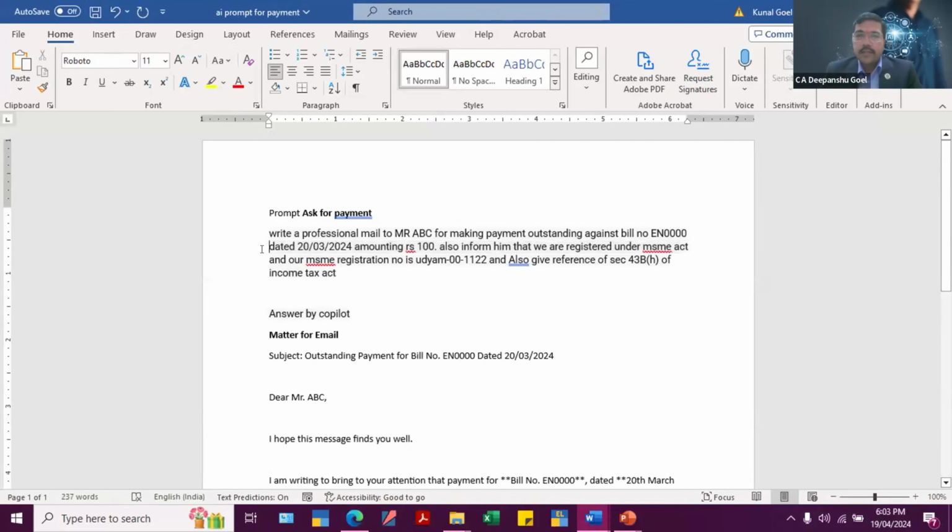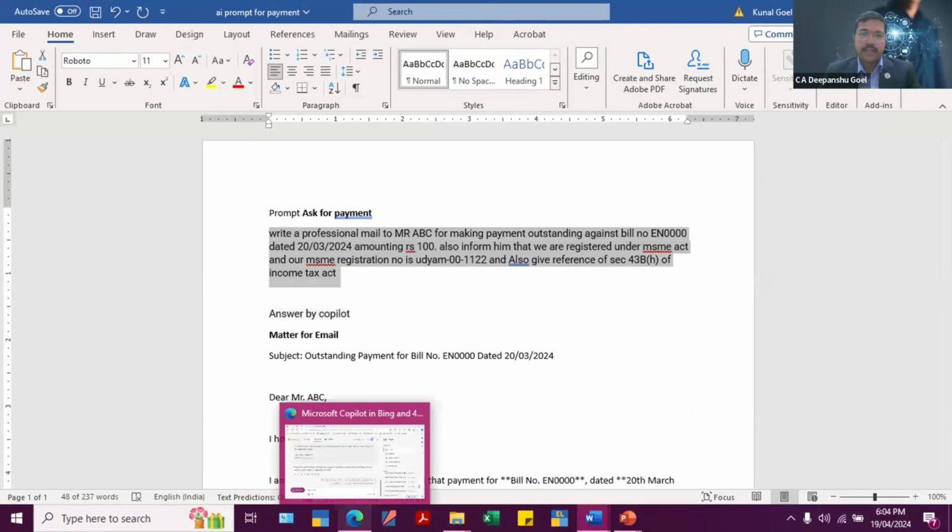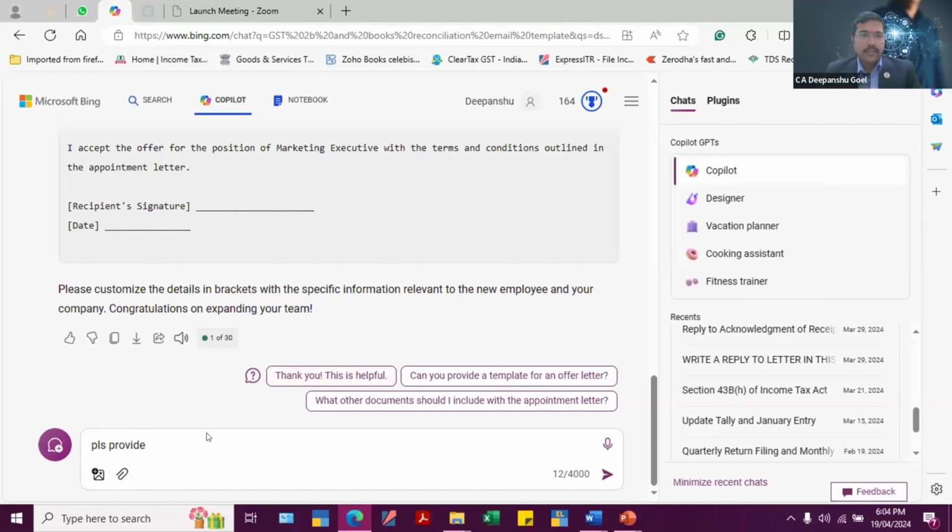As we all know, Section 43B(h) comes into the picture, and the MSME Act plays a major part in payments. So if we are asking for payments from our clients, it gives us prompt payment and saves us from MSME Act repercussions and the Income Tax Act. So I just go to ChatGPT or